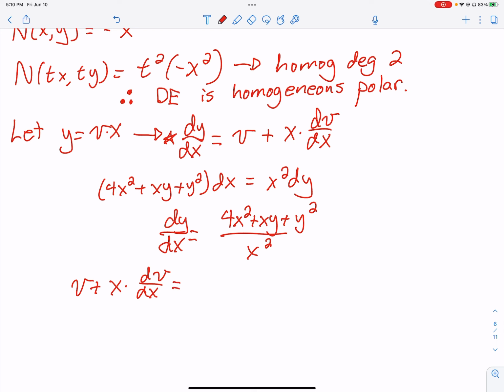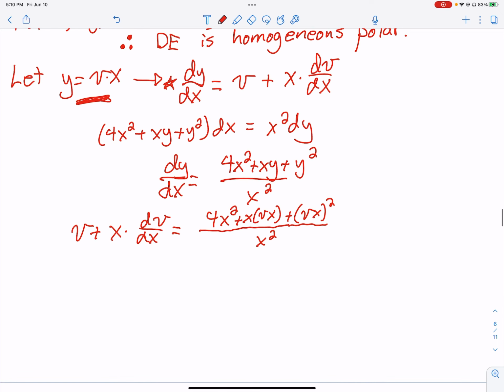That's going to equal, well, I have all this stuff. I'm going to replace any y's with the appropriate substitution here. I leave the x's alone: 4x² + x(vx) + (vx)² all over x². Notice everything has an x² in it, so I'm going to divide out x². So I get v plus x times dv/dx equals, and everything is divisible by x², so I get